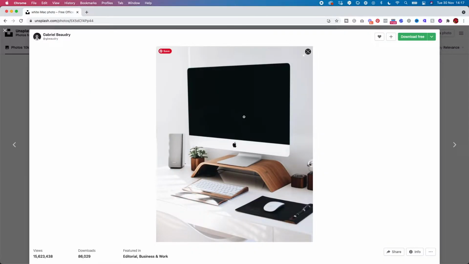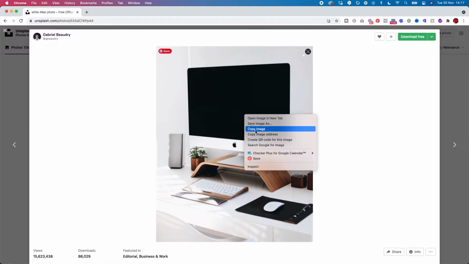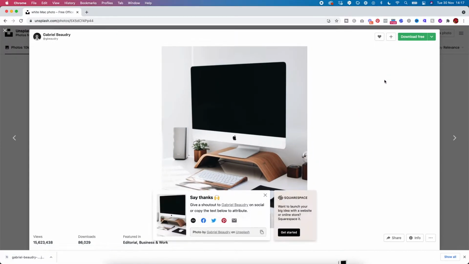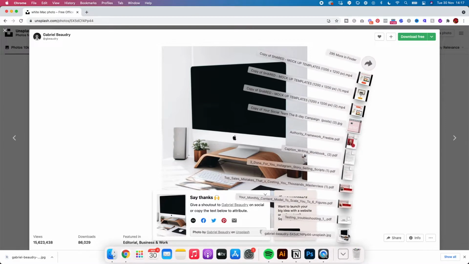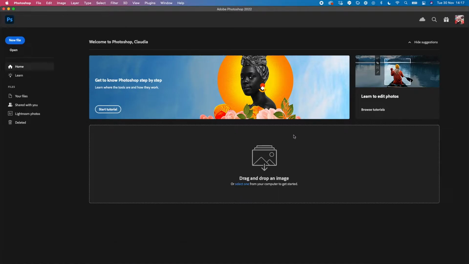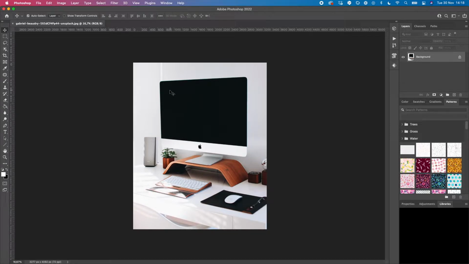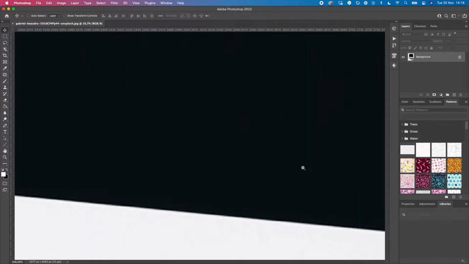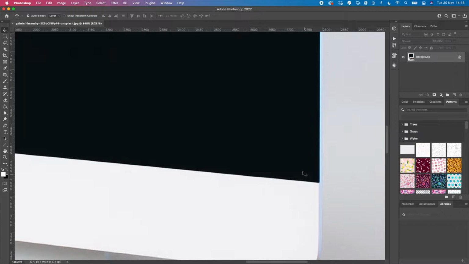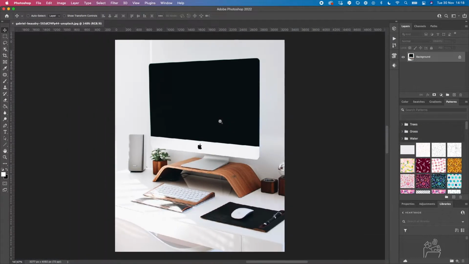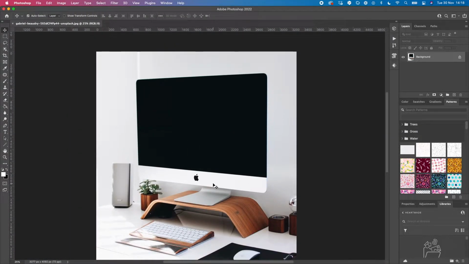So what I do is I click, I open it, and then I copy the image with my right click, or I can download it for free. And I can take that file and open it in Photoshop. Once it's open in Photoshop, I want to make sure I fill the right screen, right? In this case, this image doesn't show me where the screen ends, so I will have to make it up a little bit,